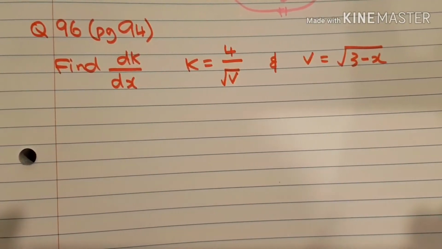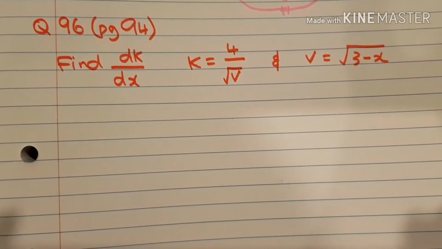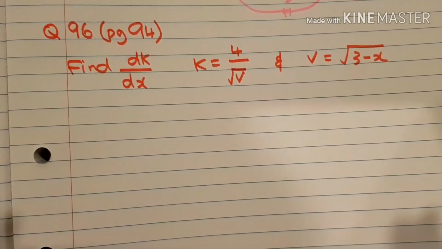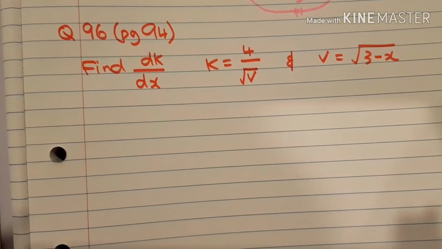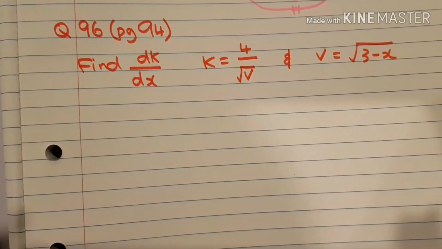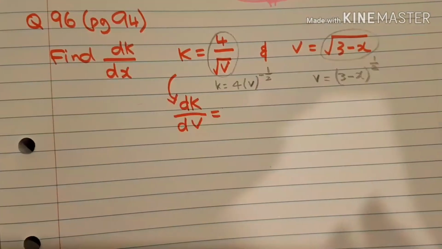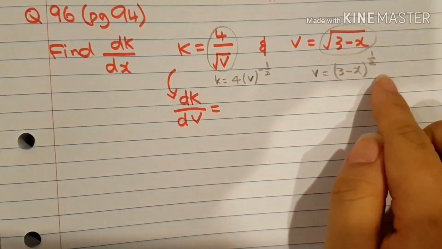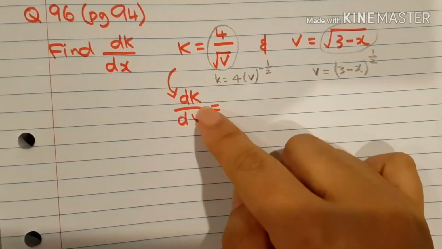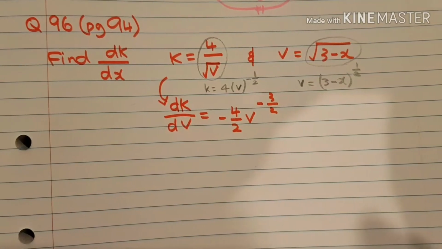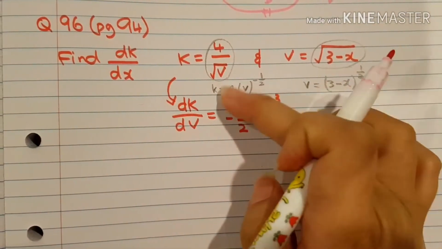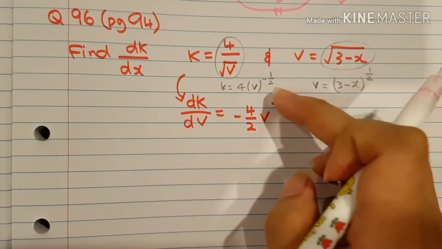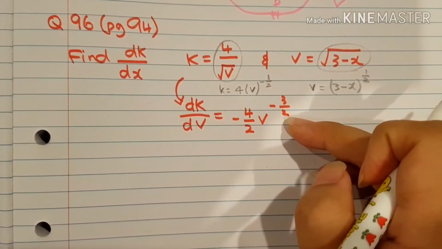Okay, so this is question 96, page 94. Have a go at doing this one. I need to find dk over dx, so first thing, obviously, I need to change it back into negative powers. So have a go. Okay, if we wrote this in power form, it's a negative power, and this is just 1 over 2 fraction. So I'm going to differentiate this one. It's like that. This came down, 4 times that will be negative 4 over 2, or you can simply say negative 2, and minus 1 to this one, negative 3 over 2,